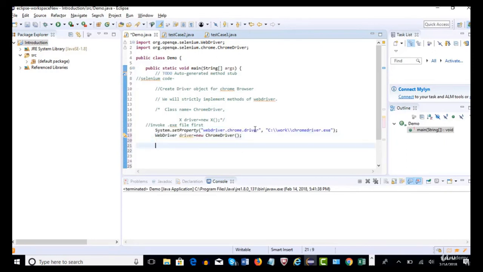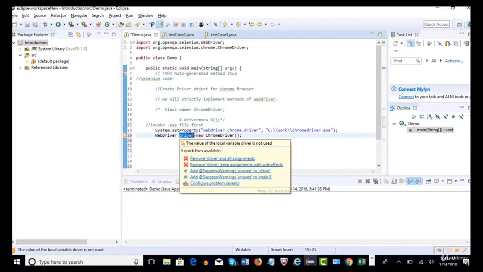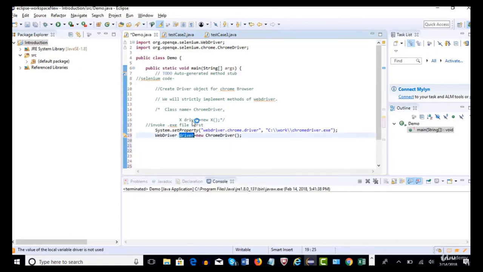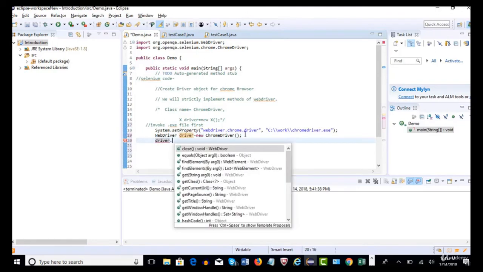We are done. Now I want to hit google.com in the Chrome browser. All that I will simply do is with this driver object. The reason why I created this driver object is that using this, I will automate each and every step in my script. So driver dot, just say dot, that's all.